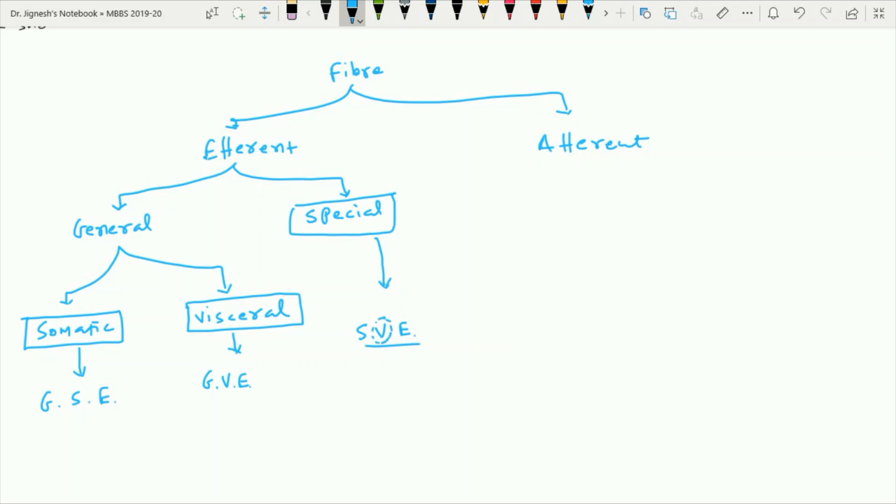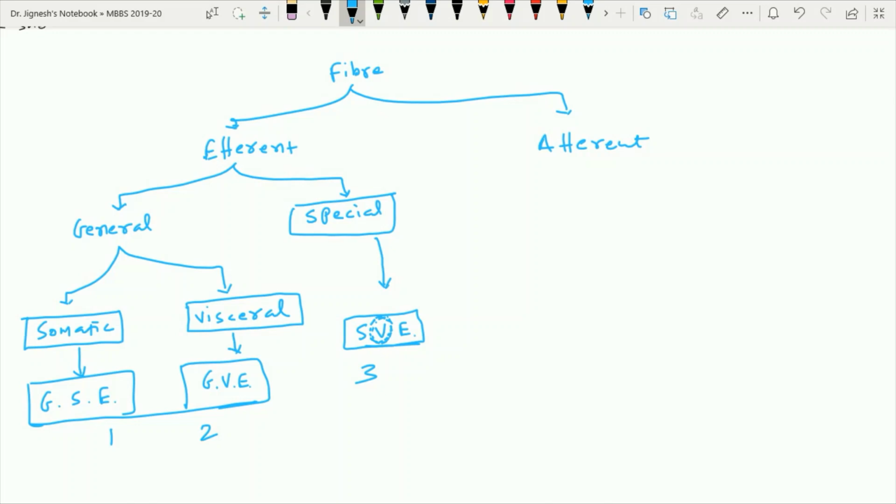Because they are not somatic in nature, they are not present within the body wall, or we can say they are not under the control of a person, because these branchial arch muscles act as either voluntary or involuntary in nature, and that's why they are a special group of visceral muscles. So the nerve fiber carrying fibers to the branchial arch muscles is called the special visceral efferent fiber. So efferent fibers have three functional components,